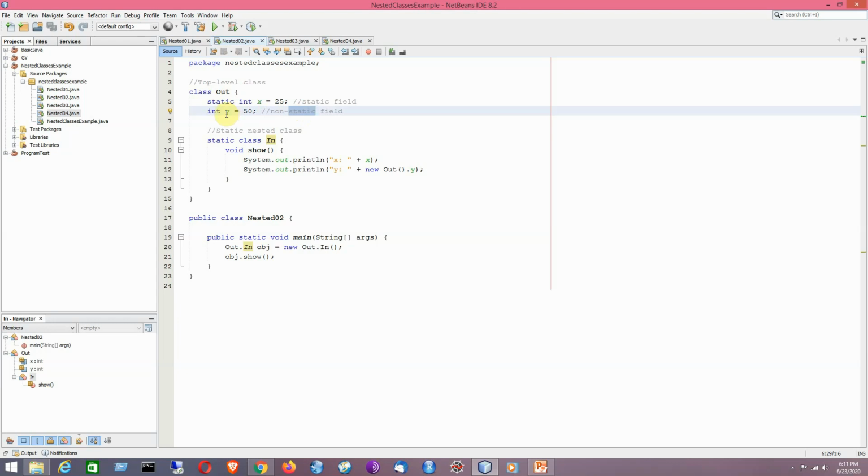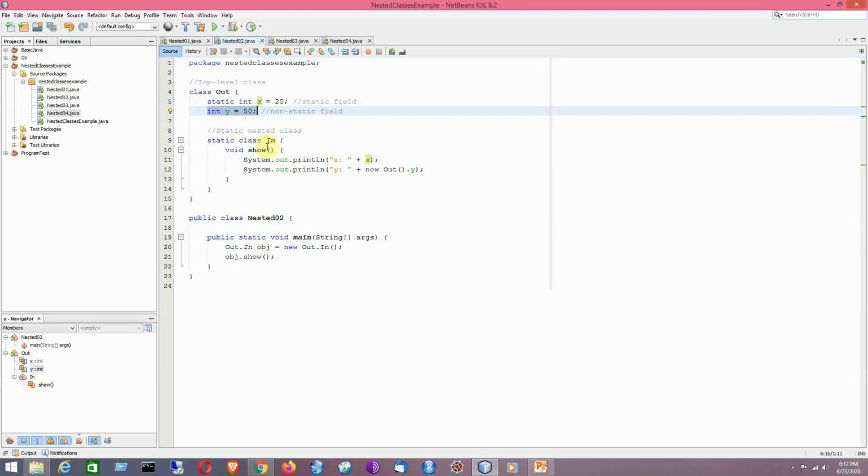So try to remember the point: a static nested class cannot refer directly to instance variables, that means instance fields or instance methods, defined in its enclosing class. It can use them only through an object reference, that I have told. So that is why it can access directly this particular variable that I have written here, but it cannot access this particular variable directly.